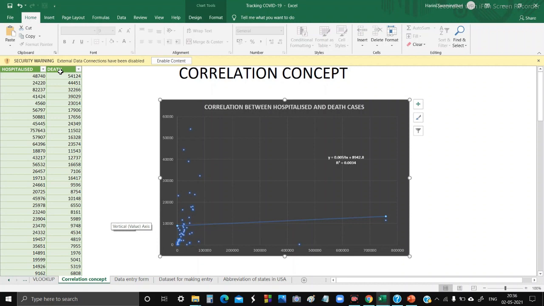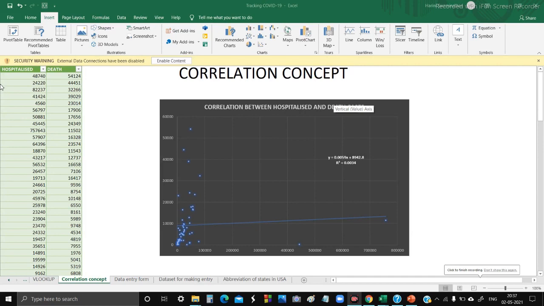Correlation analysis is a statistical method that is used to evaluate the strength of a relationship between two quantitative variables. A high correlation here means that two or more variables have a strong relationship with each other, while a weak correlation means that the variables are hardly related. In other words, it is the process of studying the strength of the relationship with available statistical data. We are finding the strength of the relationship between hospitalized and death.